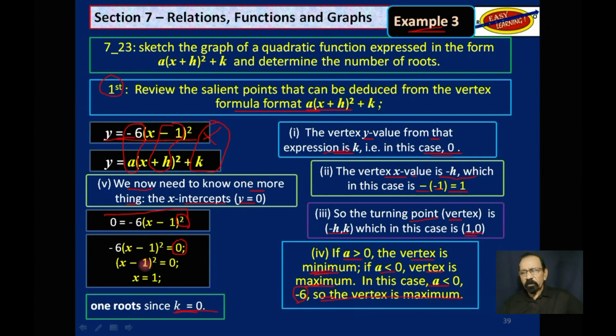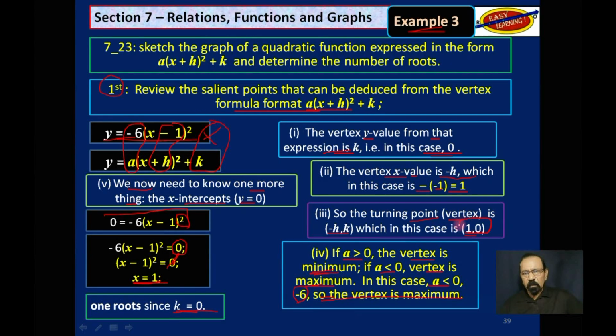If you square both sides, well, you can square 0, and so you end up with x is equal to 1. So it has one root, and it is at 1 on the x-axis, meaning it will just touch the x-axis at